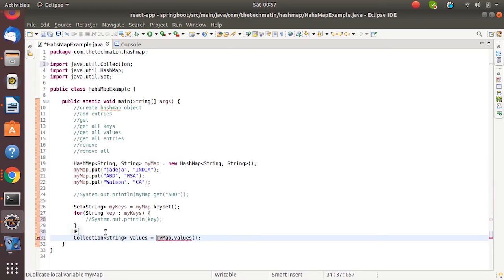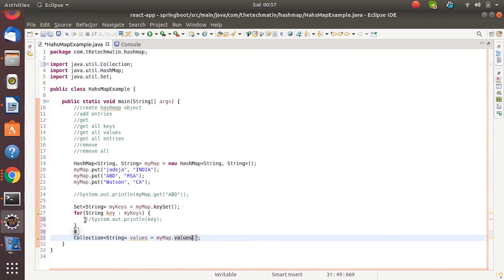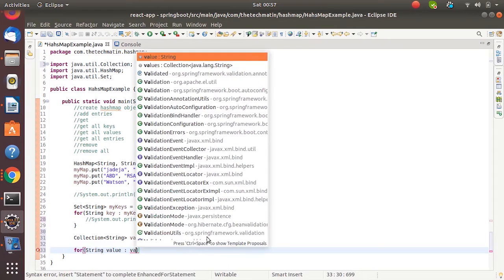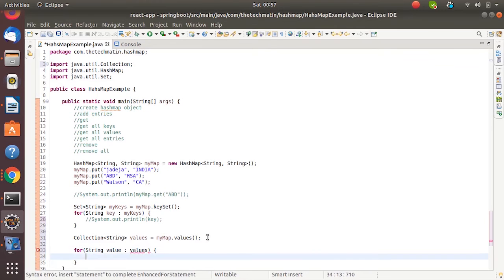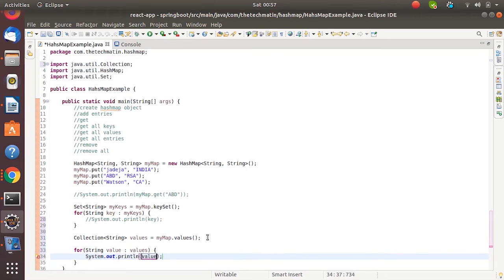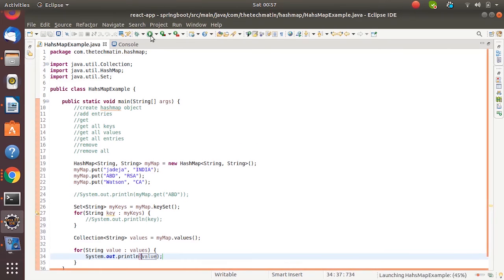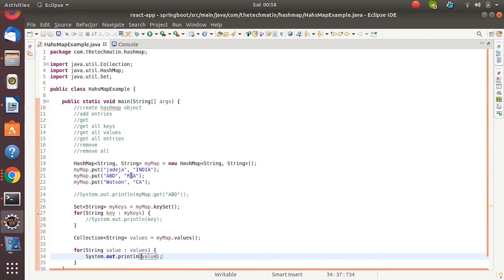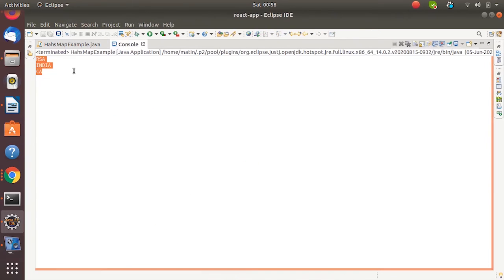So this is our values, and basically I have commented out the previous sysout, right? Okay, so let's again iterate through each value. Okay, and say sysout, and let's say value. Let's run this. So we have all values printed here, that is RSA, India, and CA, right?